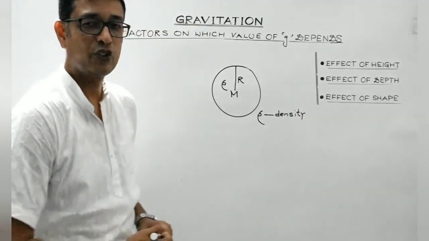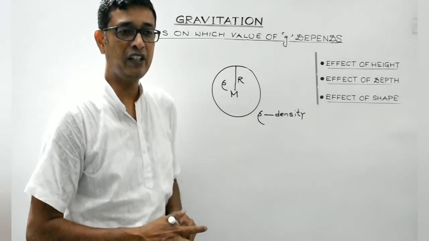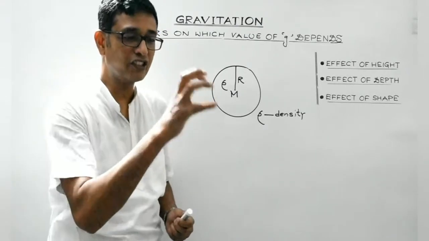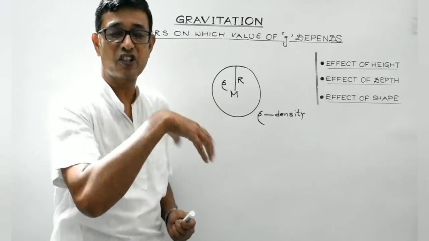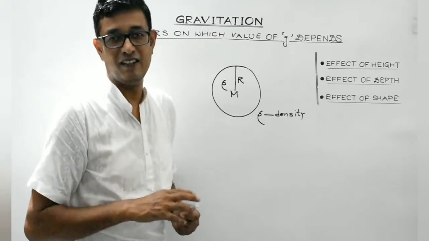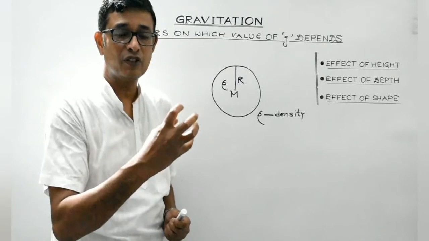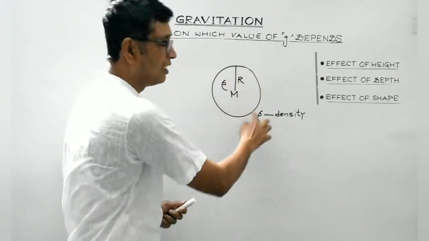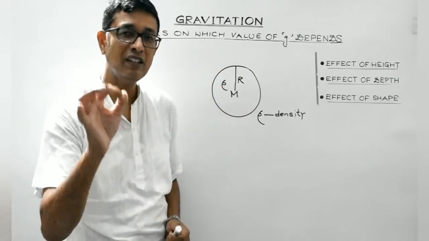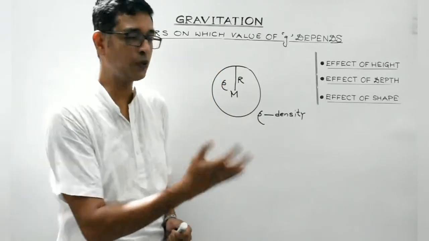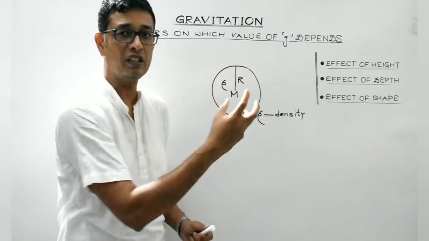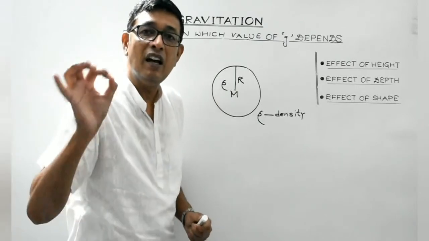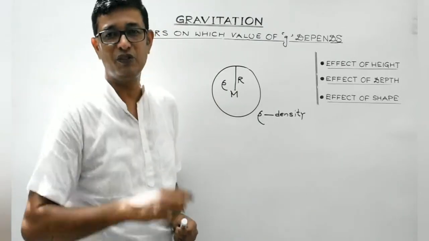Although in the junior classes you must have studied, there are three different layers of Earth. One is the core, the central one, having maximum density. Then the middle section, known as the mantle; its density is in between that of the core and the crust. The crust is the outer layer of the Earth's surface, which has the least density. So strictly speaking, the density of various parts of the Earth is different. But here, rho is considered to be the average value of the density of the Earth.